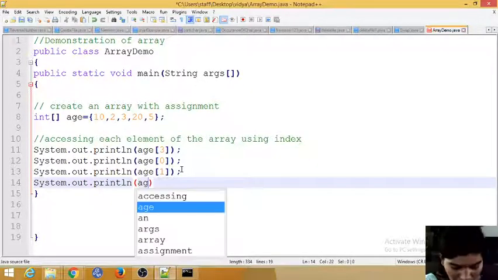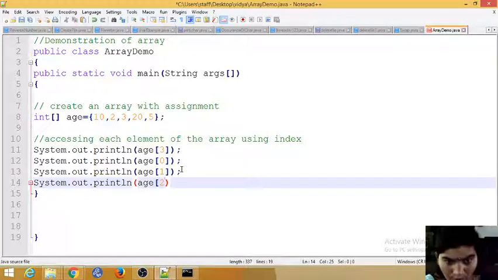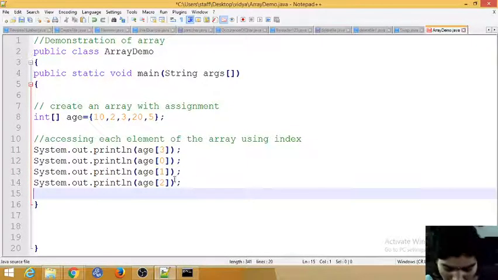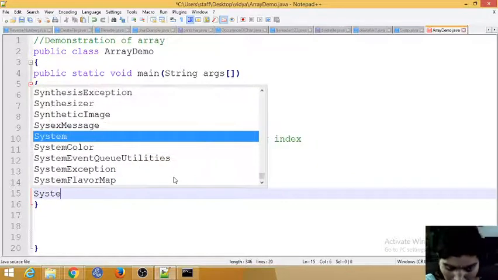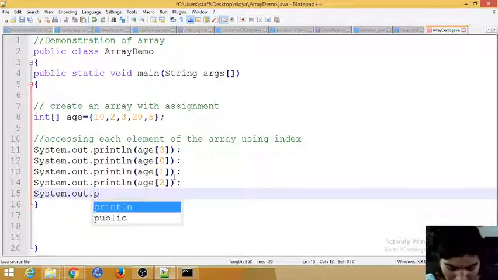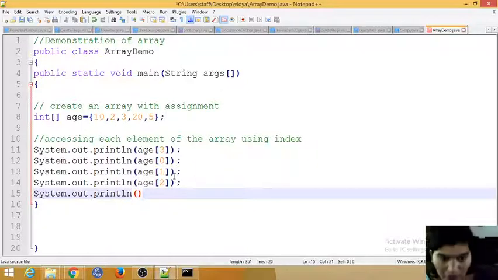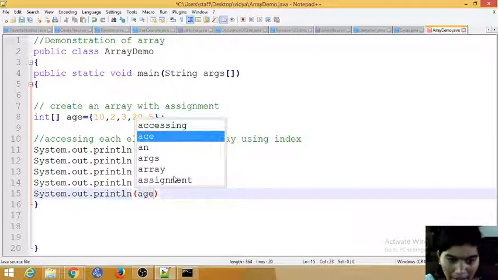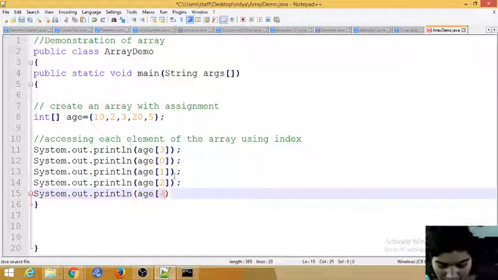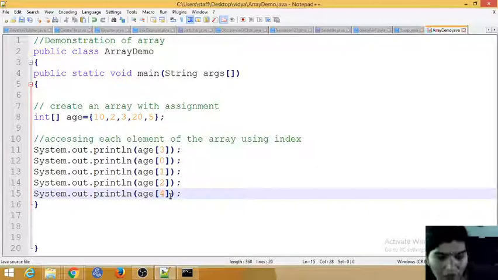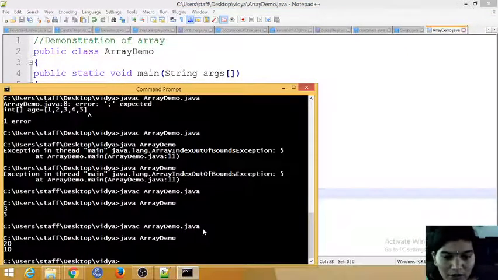Age is done now, age of 2 is not done. One more I need to display is the 4th element. System.out.println. How am I identifying here? I am identifying with the indexes. Only up to 4, that is 0, 1, 2, 3, 4, because the index starts with 0. So till 4 I am taking.